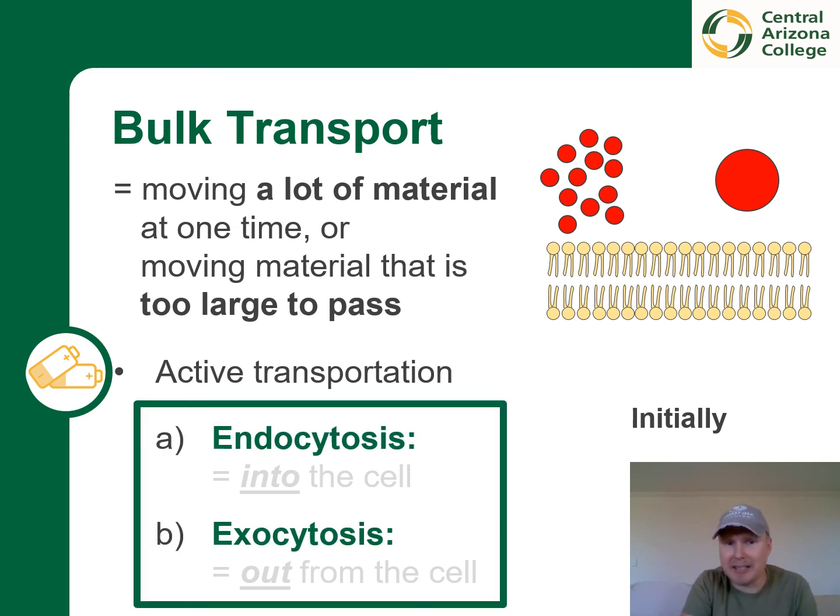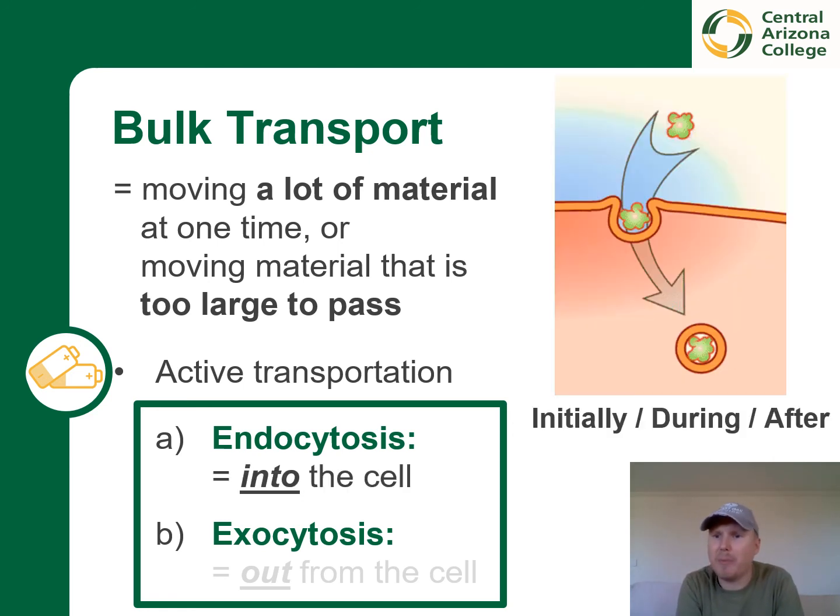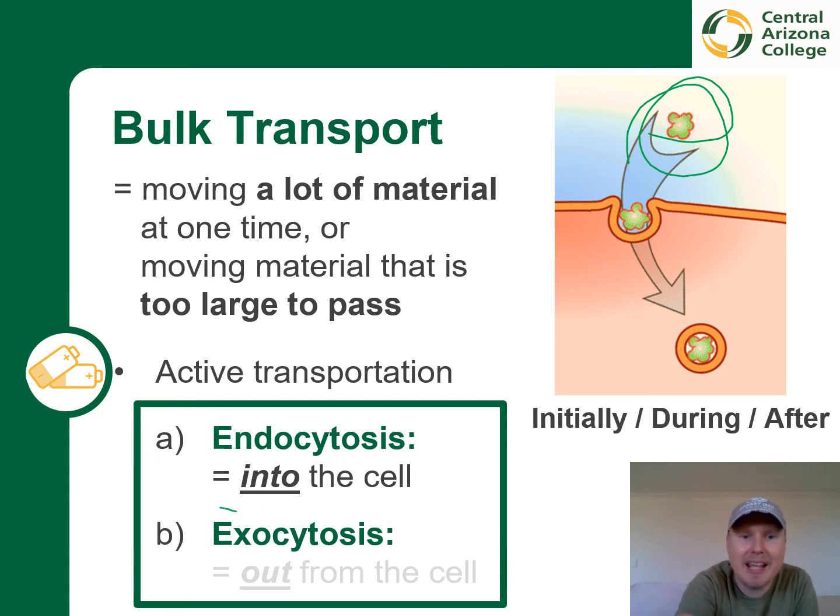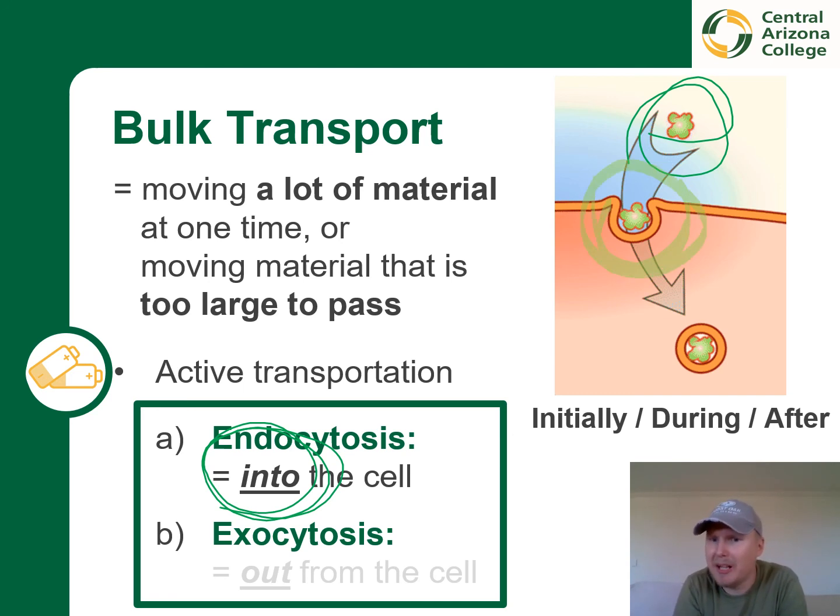In endocytosis, the material that we are looking at, remember there was a lot of it, or it was too large to pass, this material is taken into the cell. So what happens is that the plasma membrane forms a sac around this material, and then this sac can be engulfed as it fuses with the cell wall, and then once inside may continue transporting these materials as if it was a vesicle.